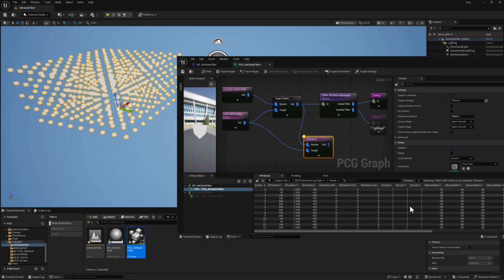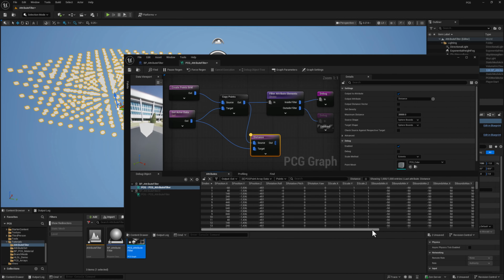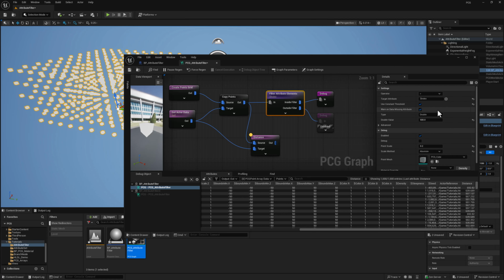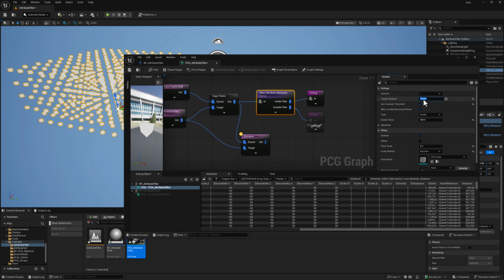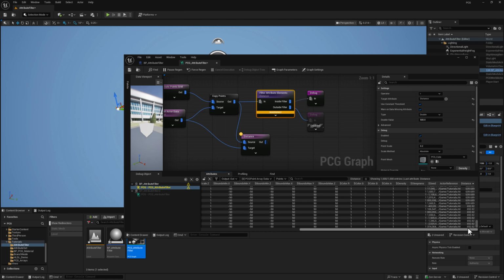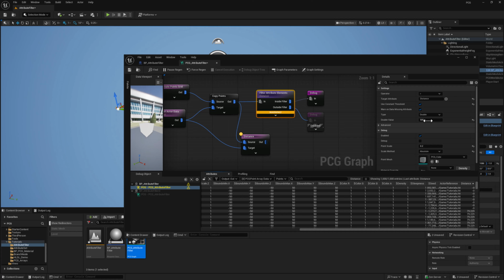And if I tap the A key to inspect and scoot this over a bit and scroll over, what we find here in the attribute set data is we now have a new attribute, and that's where this thing gets really useful because we can easily compare attributes. So I'm going to switch the target attribute from index and set it to distance. And I'm just going to do a quick sort here. Looks like our minimum distance is going to be 79 units and our max distance is going to be about 700. So if I set this to something like 350,